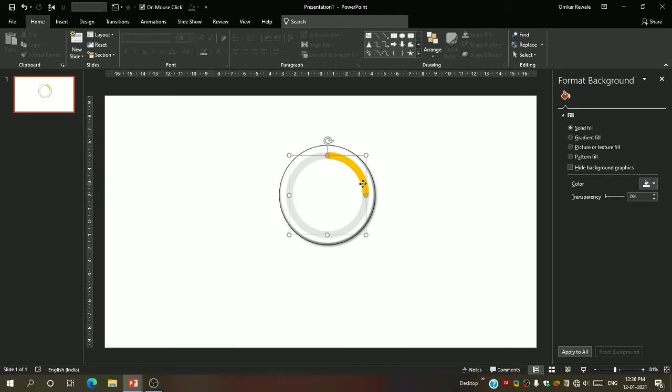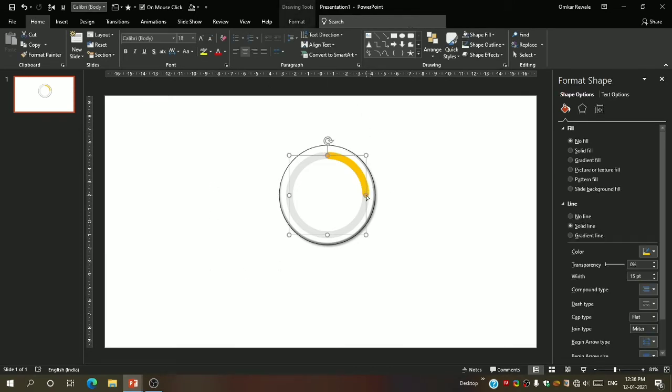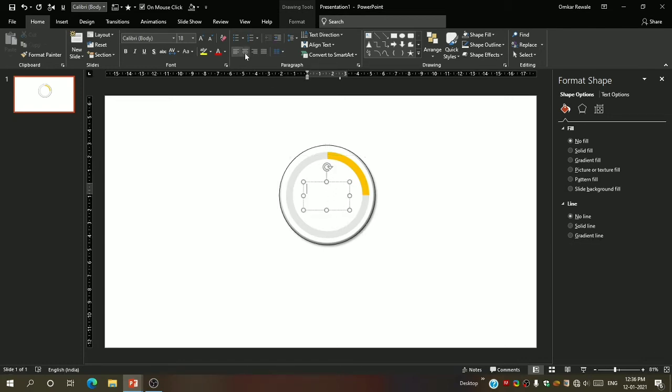Now this value is 25%, so I will include a text tool and make it align middle, make its size 54. Okay, now I will write 25%.